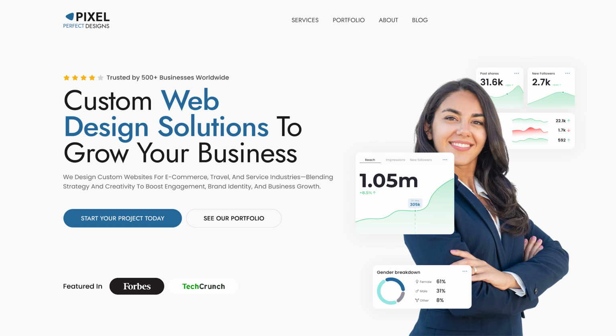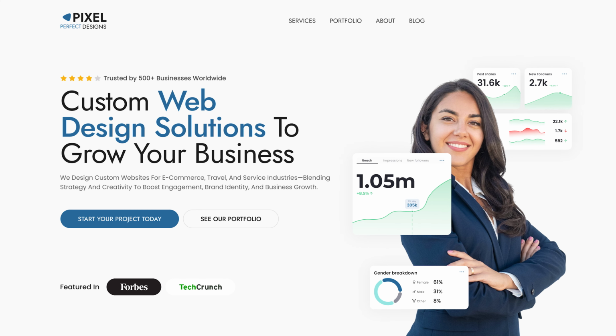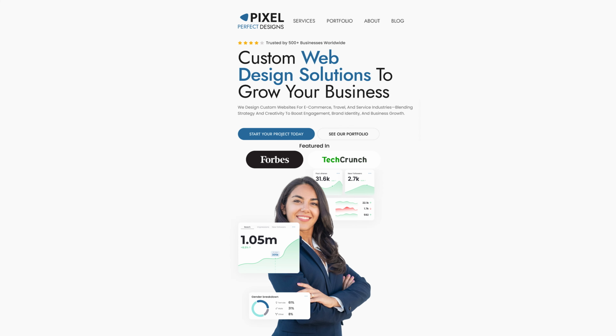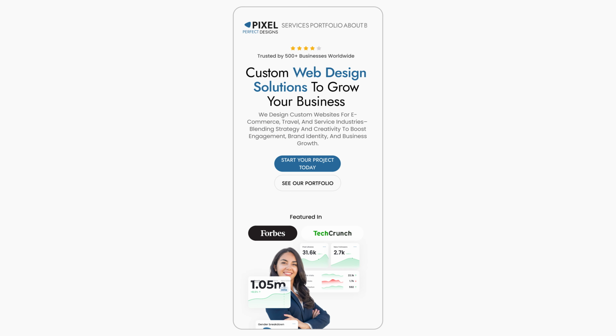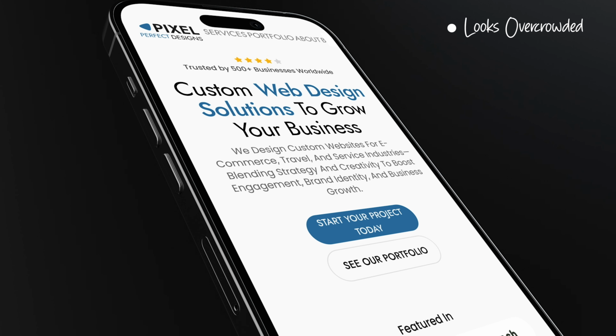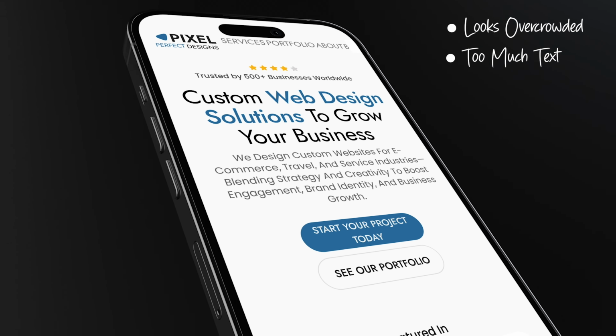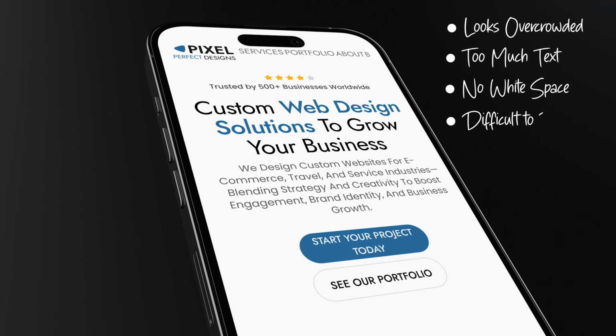The content looked balanced left and right, but on mobile everything stacks vertically to fit the mobile screen like this. The result? A page that looks overcrowded with too much text, hardly any white space, and difficult to read.